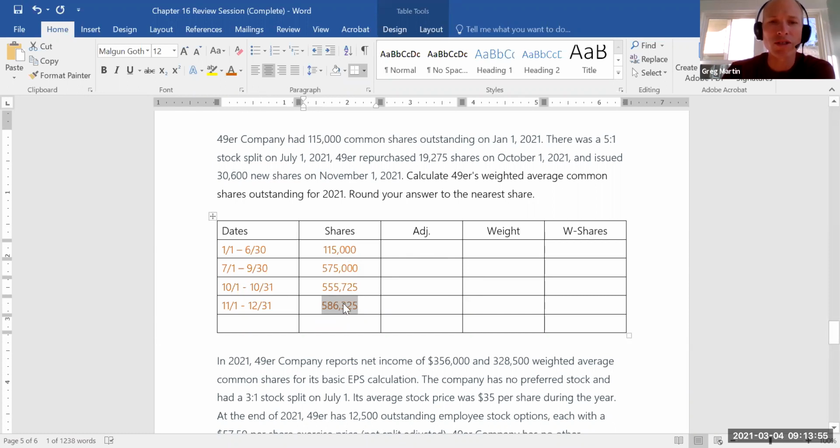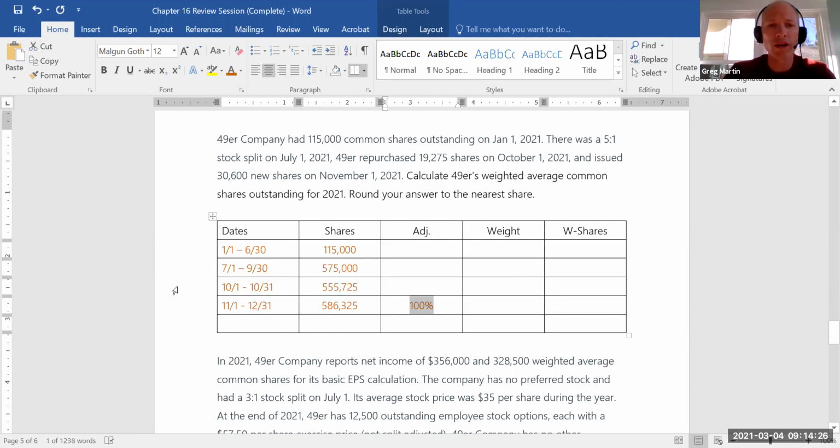So the second step then, after you get the dates laid out, is to just calculate the number of physical shares outstanding. And then I'm not going to spend a lot of time talking about this adjustment because I did talk a lot about it in the lecture guide. And so it's on YouTube and you can look that up and try to follow it closely. But basically, this is trying to make all the rows comparable to the last row. So in other words, the adjustment on the last row is always 100%. And so the only thing we want to do is if there's ever a stock split or a stock dividend,